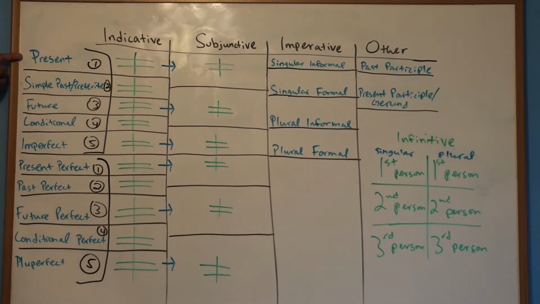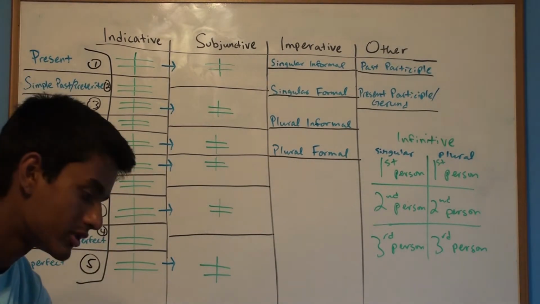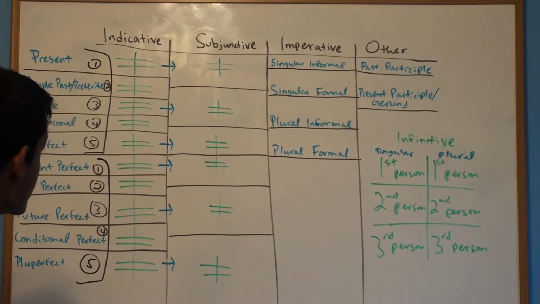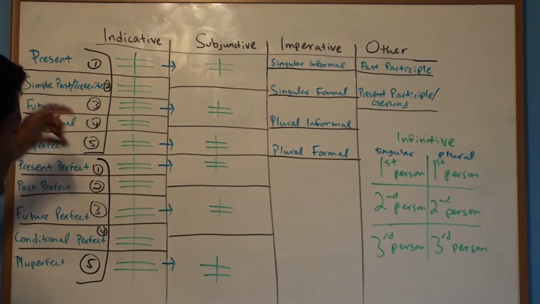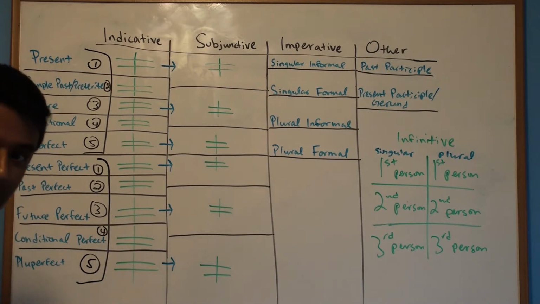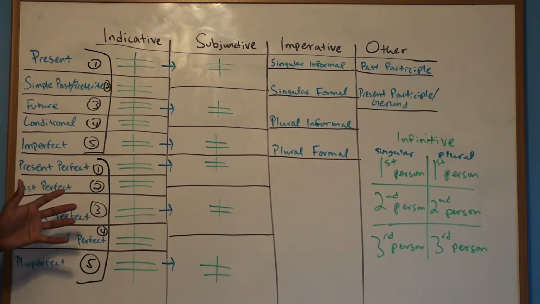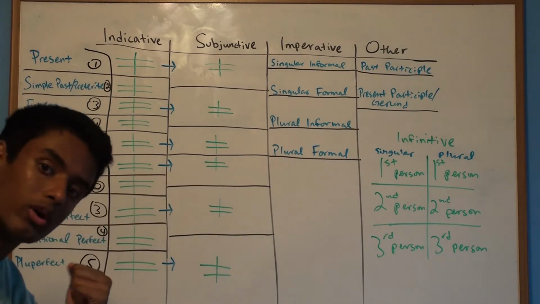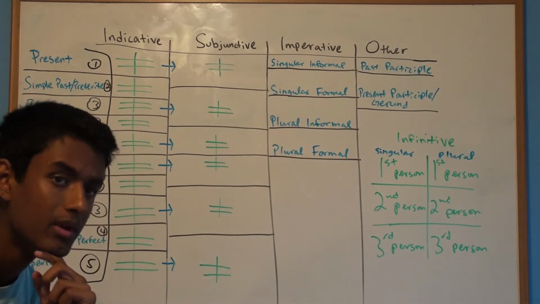The first five: present, preterite, and then future, conditional, imperfect. Those are all really common tenses in Spanish. However, in French, the simple past is not really used, so you may want to put that lower on the list, or you could just say that the simple past is the same as the present perfect if you don't want to learn the simple past of French. I don't know. So the order is changeable, but really this is just a way to organize the verb conjugations